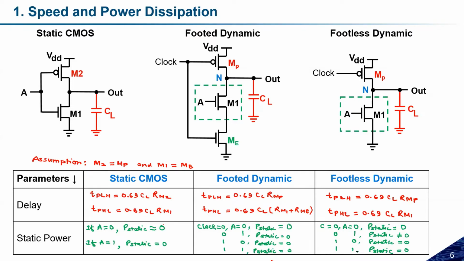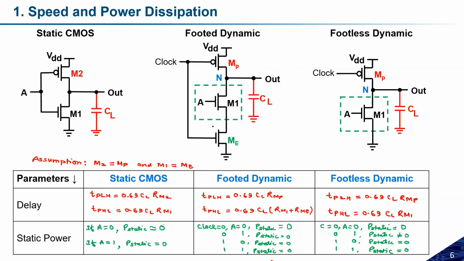So there we need to fix a trade-off between the power and the delay. If we need it for high performance applications, because in this case M1 and ME resistance in the second circuit is the same as MP1, to match the TPHL and the TPLH, we need to increase some of the sizes, because the size of MP needs to be increased. So you need to consider a different transistor sizing to match equal rise time and fall time, and this is the challenge. If the number of inputs keeps increasing, then for all the combinations, MP should be changed if we want to match the TPHL and the TPLH.